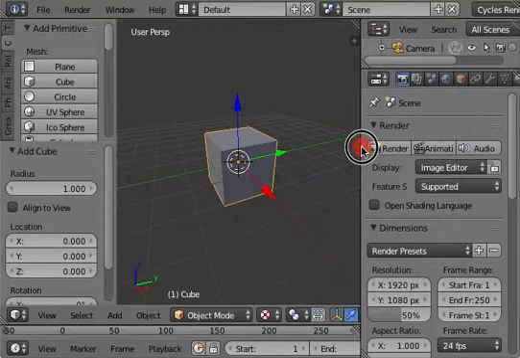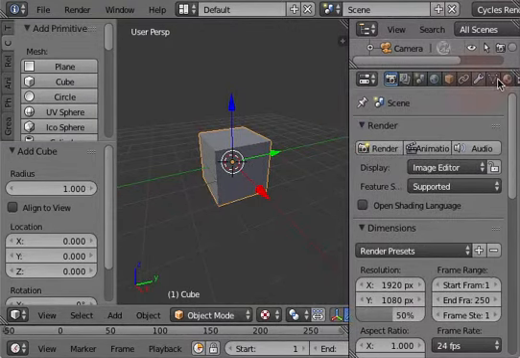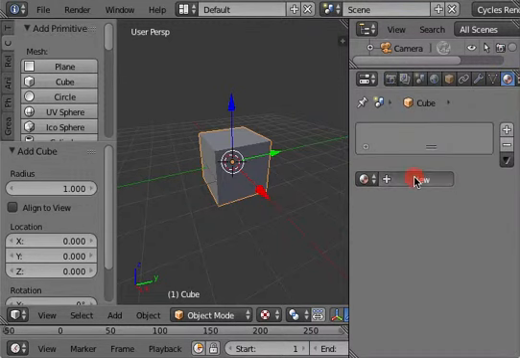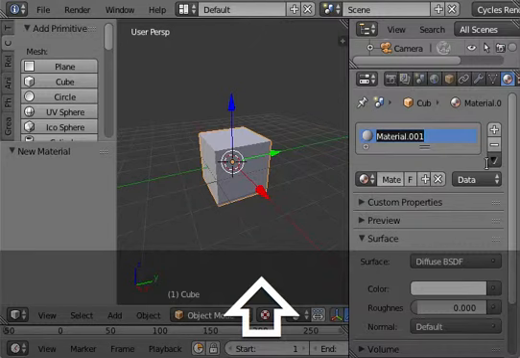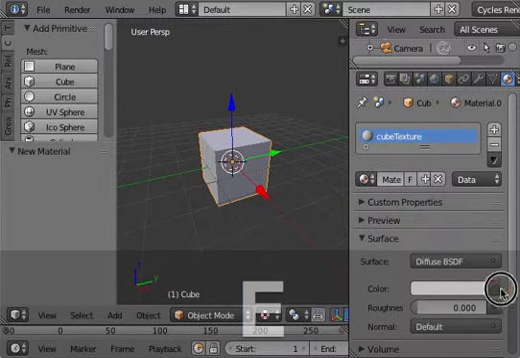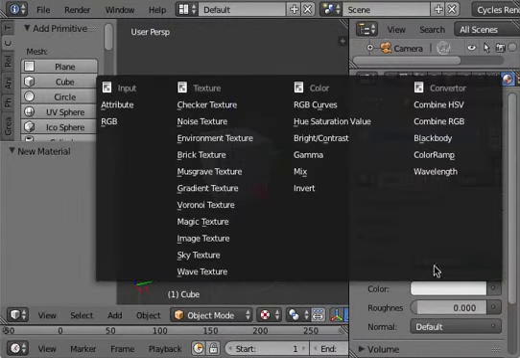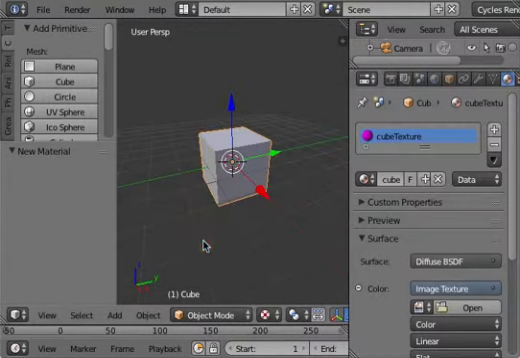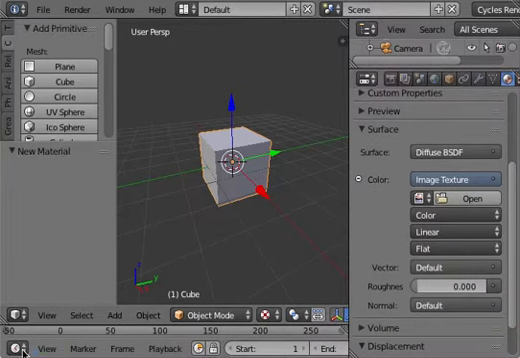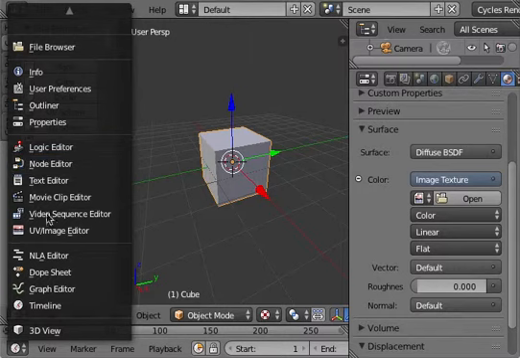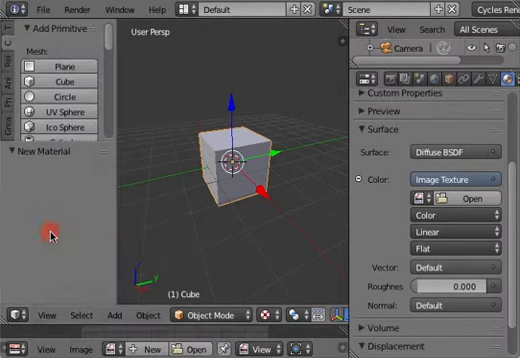I'm going to open the material menu, create a new material, rename the material cube texture, and again, instead of a color, I want an image texture. Good. Next thing is to create a new image, a color grid,